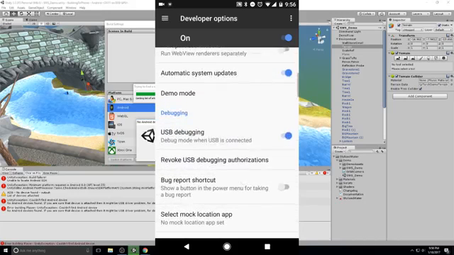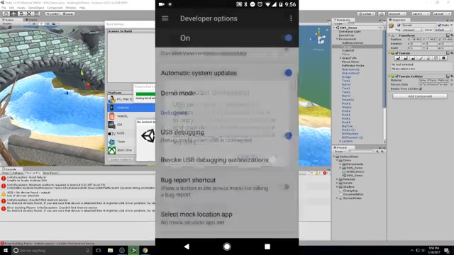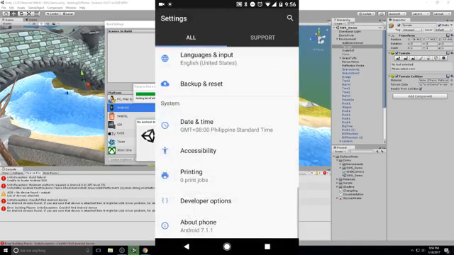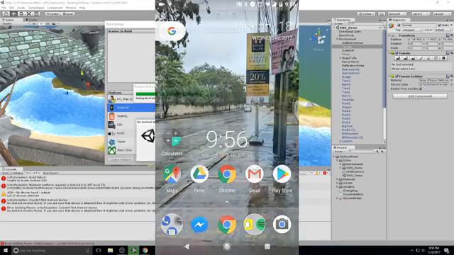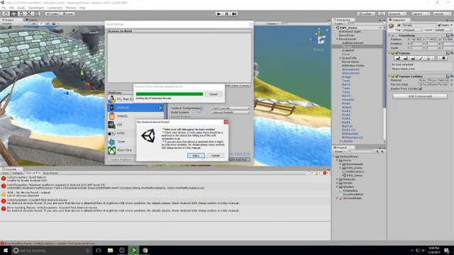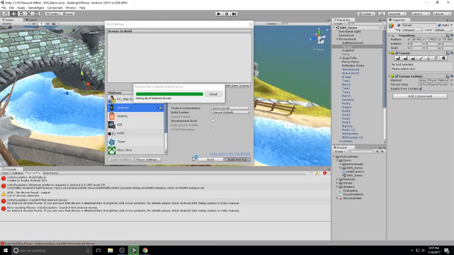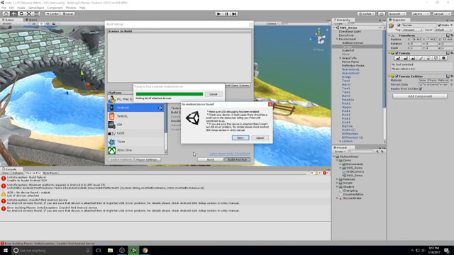So down here, you're going to allow USB debugging. And then once this is completed, you can go back to the home screen. Make sure you hit retry right here. And at this point, you should either get a message on your phone that says you want to allow this computer to access it. In that case, you say yes,